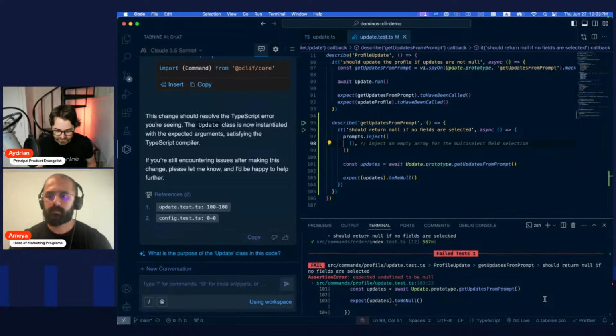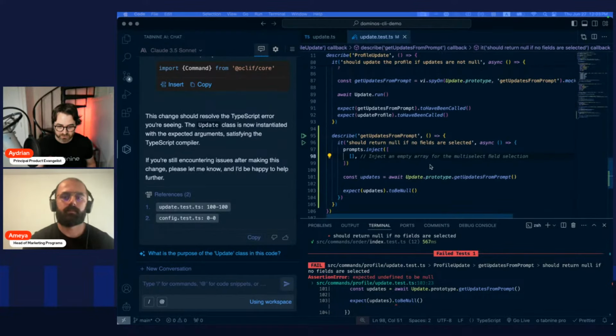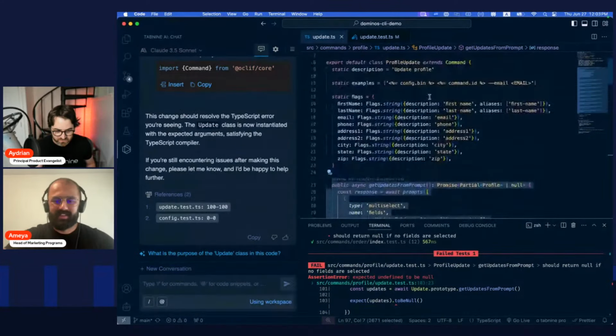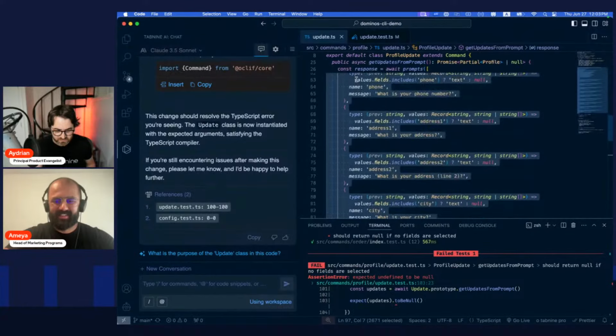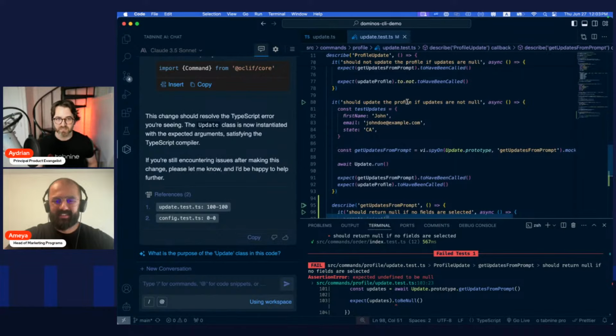Except that now it didn't work. Okay. Well, I'm going to have to dig into that a little deeper. It used to work. But basically, we just need to inject nothing into the prompts, and then try to run the update. Yeah, I'm sorry. I'm going to have to look into this one more. It was working yesterday. This is the joy of demoing